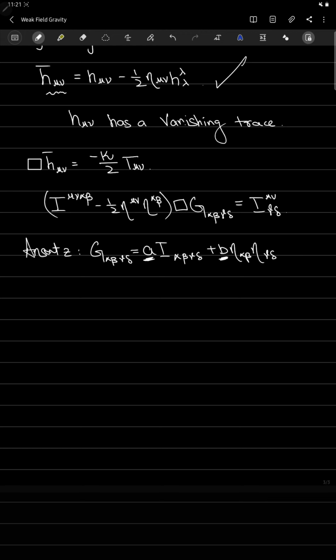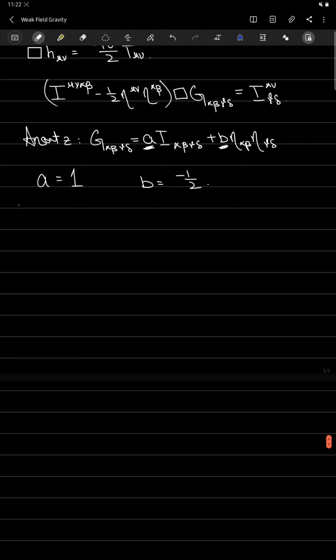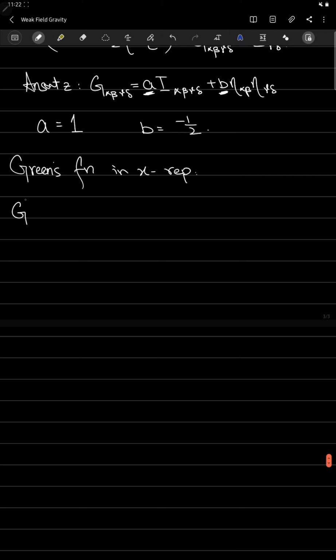Using this ansatz in this equation, what I find is that my a turns out to be positive 1 and b turns out to be negative 1 by 2. And hence the Green's function in the position representation, so let me write that down. Green's function in position representation then takes the form of G_{μναβ} is equal to 1